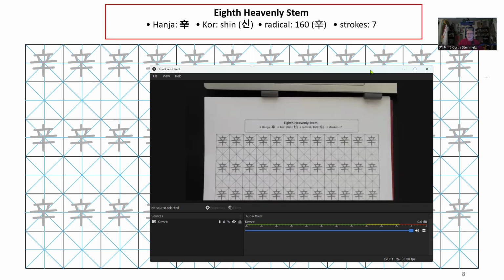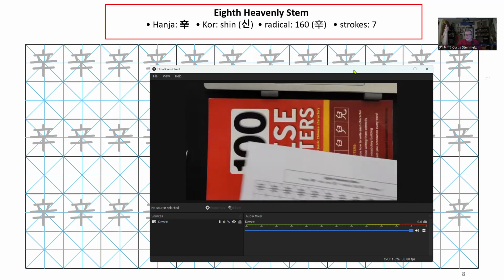So I encourage you to download the PDF that accompanies this video. Whether you're watching this on Substack or on YouTube, you can download the PDF and print it out. If you don't have access to a printer, you can look for practice sheets. You can buy books that are just practice sheets. I don't have a link handy right here, so in the next presentation, tomorrow, I'll try to remember to give a recommendation for books. But if you just look for books for practicing writing Chinese characters, in fact, this book right here